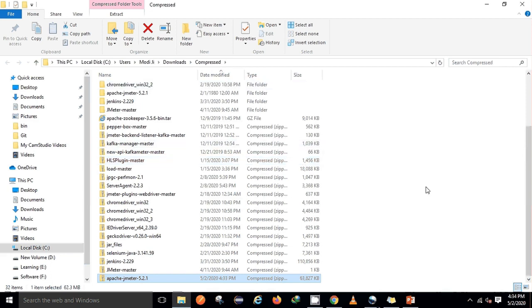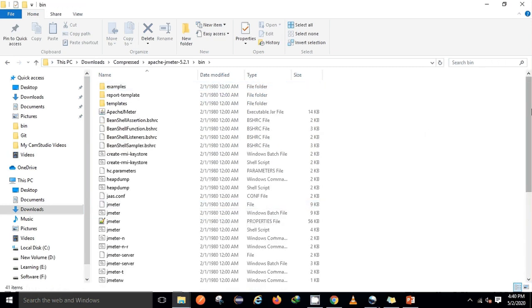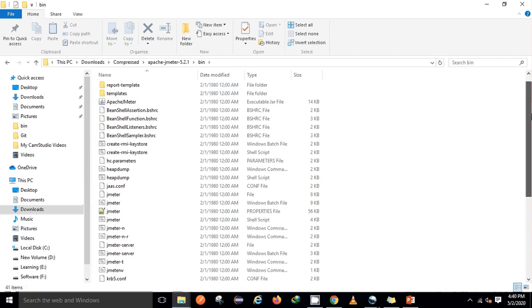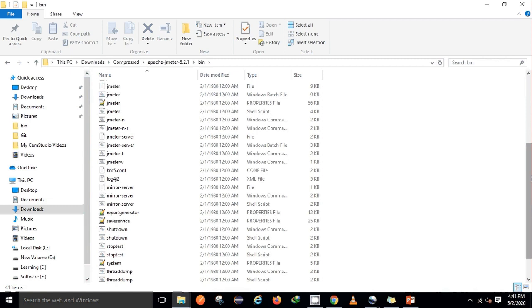Then we'll go into the bin folder. Inside the bin folder, we'll try to find the jmeter.bat file, as I am using a Windows system.